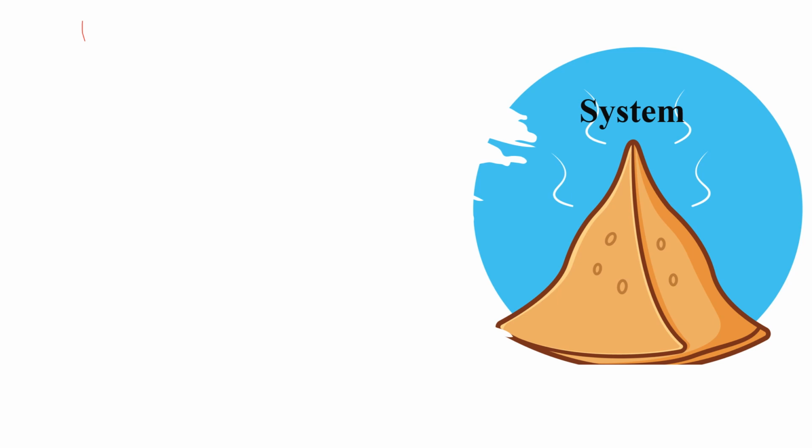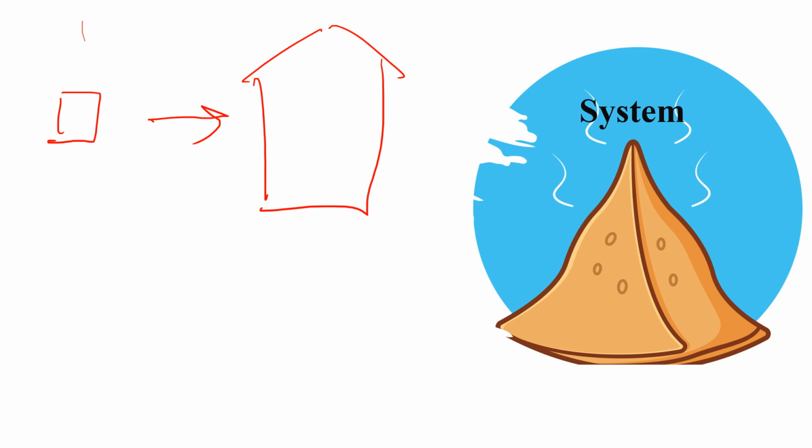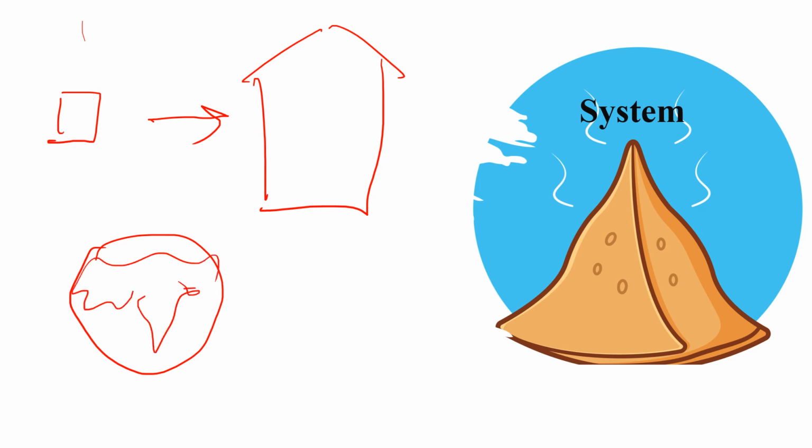It can be as small as a tiny volume or as large as an entire biscuit factory, or even the earth itself. The system is separated from its surroundings by a boundary. So basically, system means anything, any matter which you want to study, which you want to analyze, is known as